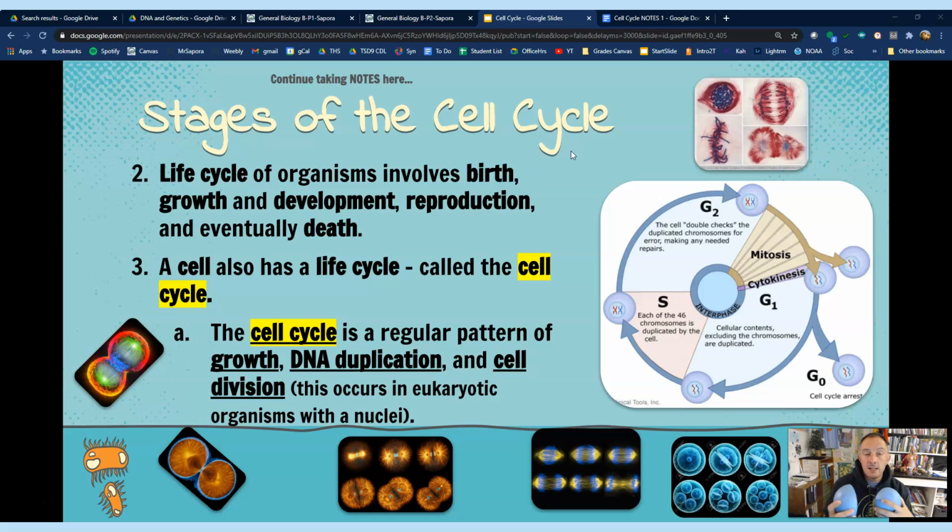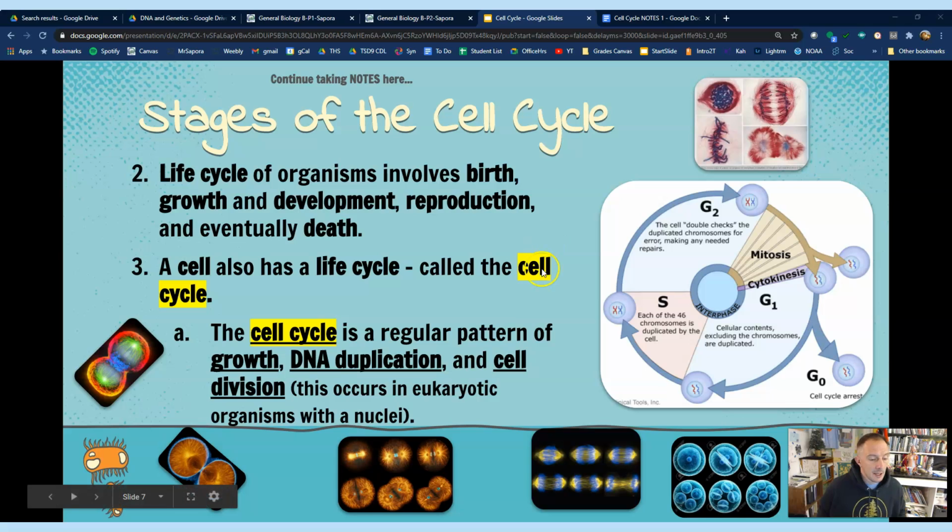And then the DNA duplicates inside of that cell as it gets ready to divide again, and then that cell will divide again. So that is the life cycle of a cell. The cell is divided off, born, it grows, it gets bigger, its DNA duplicates, and then that cell divides again, and on and on throughout your lifetime, until no more. But then the reproduction part takes care of that part of your species, at least, being carried on throughout time